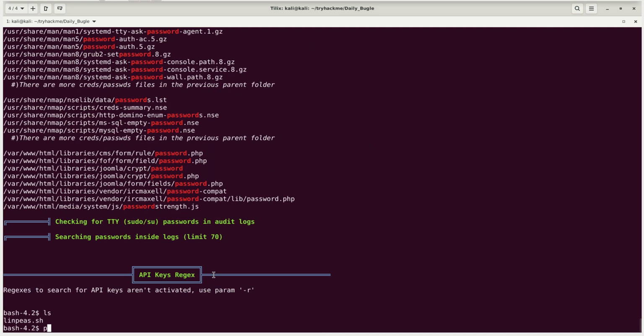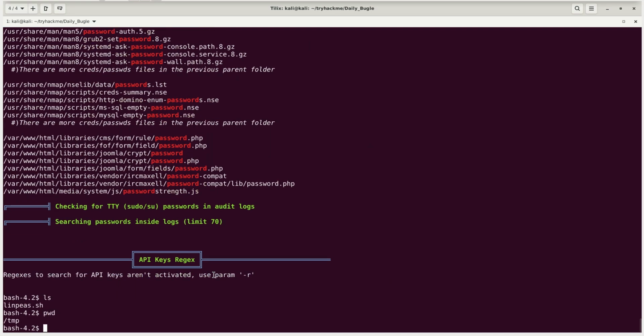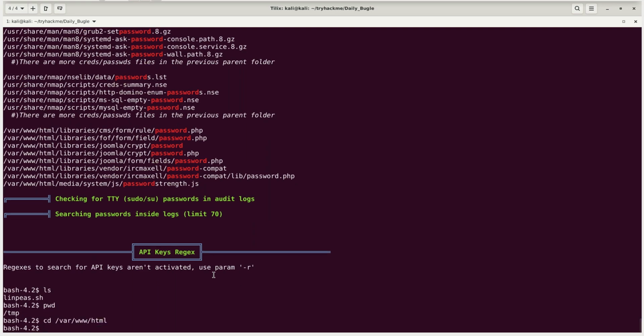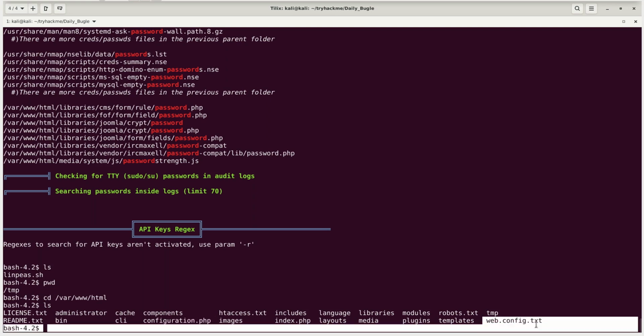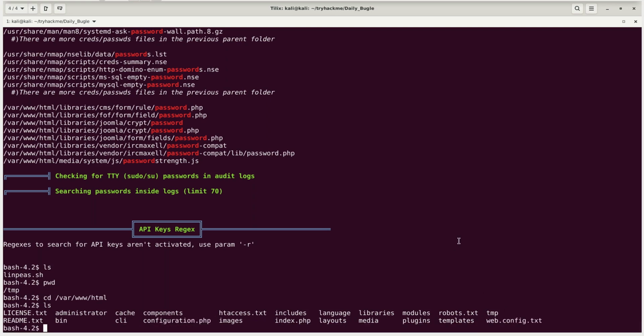So, I'm in temp. So I need to go back to /var/www/html, and what linpiece showed me was under administrator, and then com_users, and then a whole bunch of config files. So I went in there for a little while and started poking around. I didn't find anything, and then I came back here and I saw this configuration.php and webconfig.txt, which look like interesting files. So I'm going to cat out